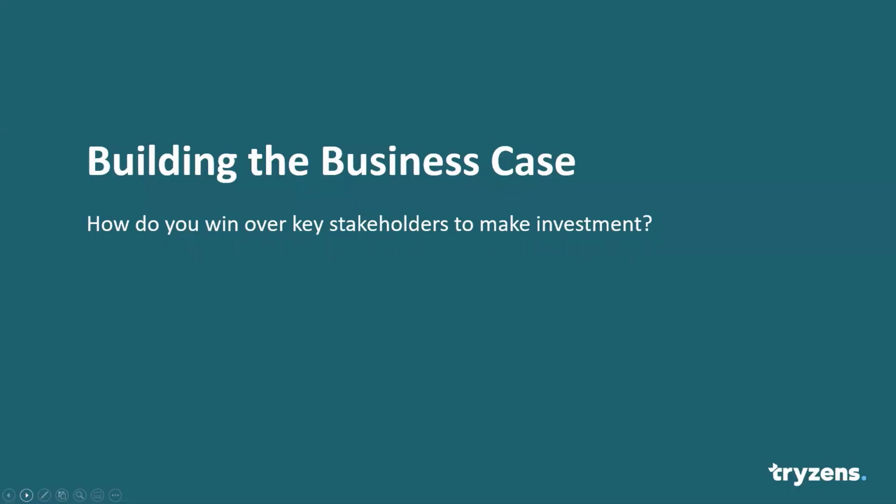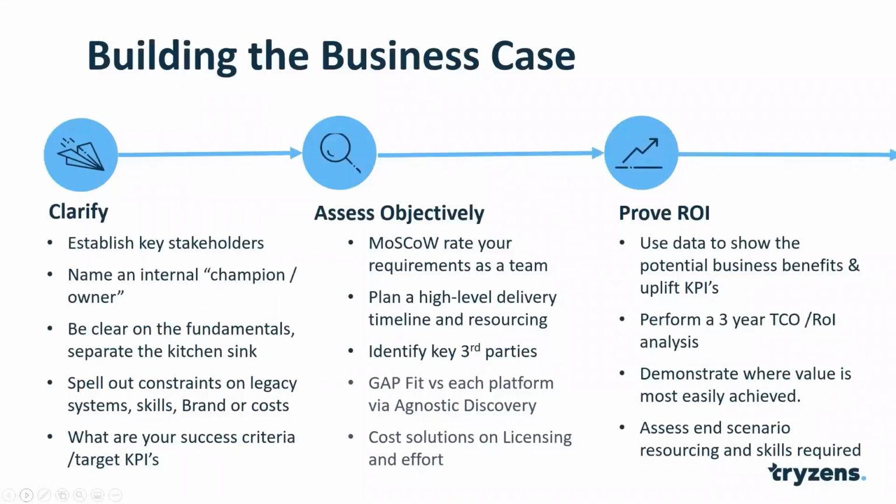So obviously, ultimately, it will come down to building the business case, and we'll spend a lot more time on this in the next webinar. But in essence, I think the thing that's most important is to be prepared before you actually go out and do your formal decision making, actually understanding what it is I'm trying to achieve, being clear on who the stakeholders are and who's got an opinion that is relevant to being able to make that decision,